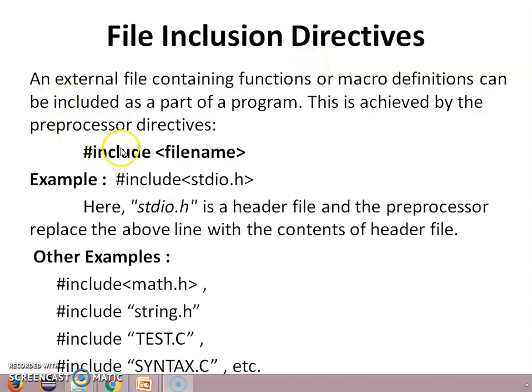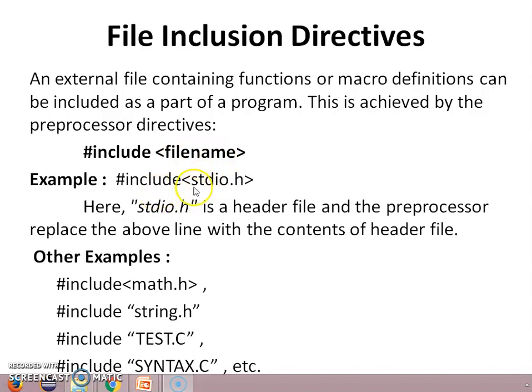Here, we are going to include the supporting files which help the compiler do the further processing. For example, if I go ahead with #include followed by the file name, you can add any kind of file as the file name.